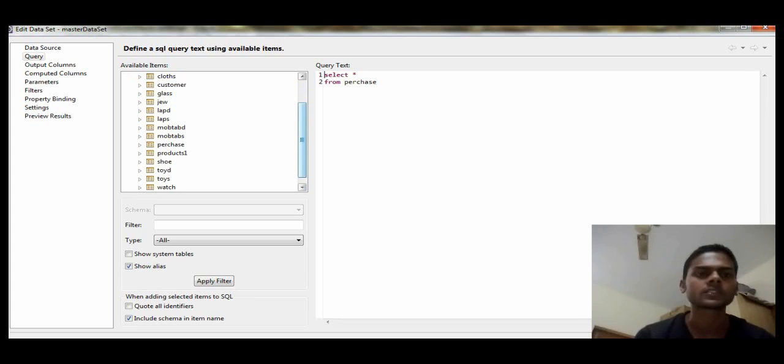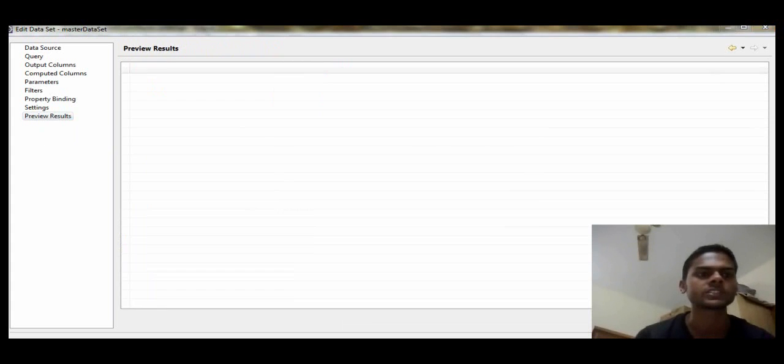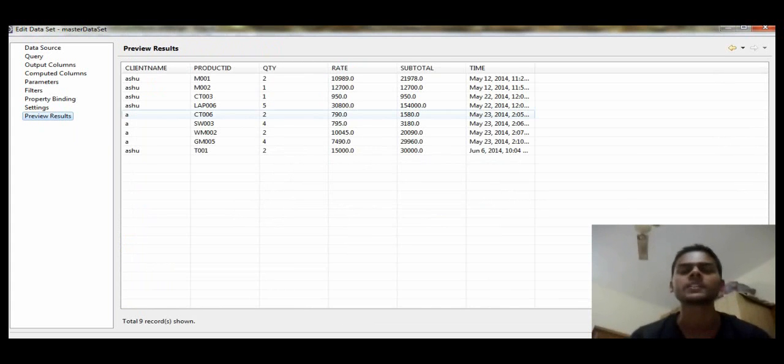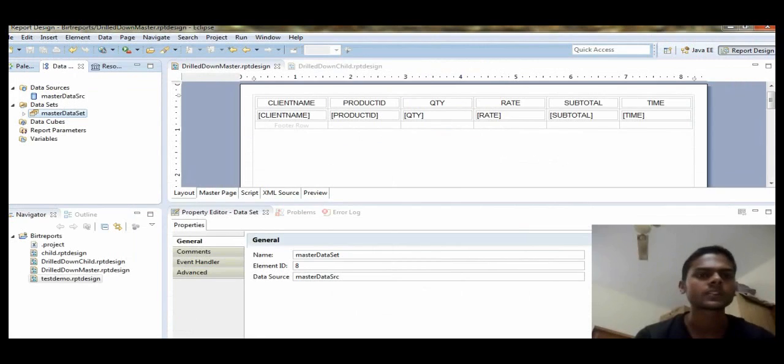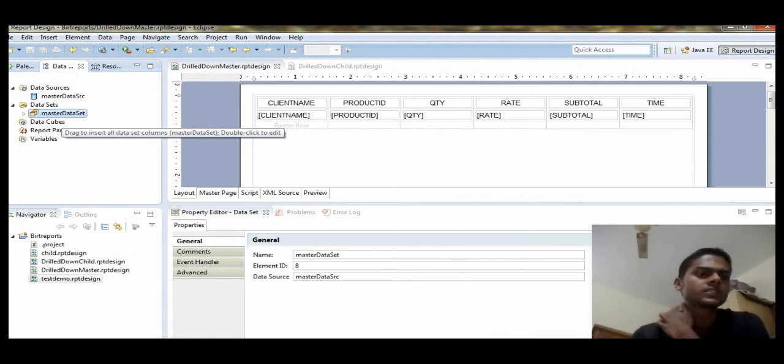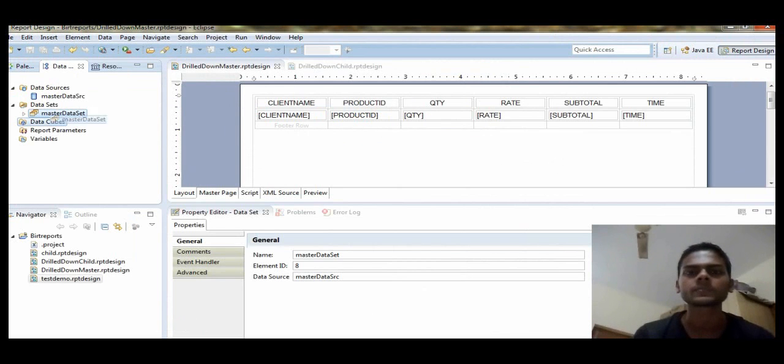Selecting this table name purchase shows the result which is in the data set. Okay, I'm cancelling it. So you can directly drag this data set from here to here. I'm not doing this because I have already done this.